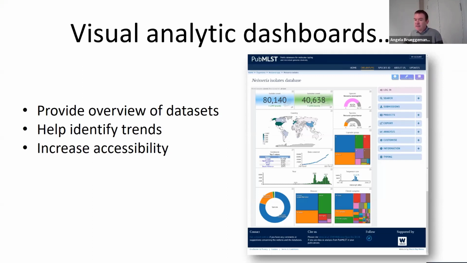So basically, these are an alternative front end to the database that break down everything based on individual fields, and show you what's in the database, but also give you a way to identify trends, for instance. You may not know what capsule groups are common within the data set, but you just scan the tree map and you get an idea straight away. Likewise, you see exactly which countries are submitting data to the database by looking at the map. But you also have information about your distribution of genome size, and when things have been